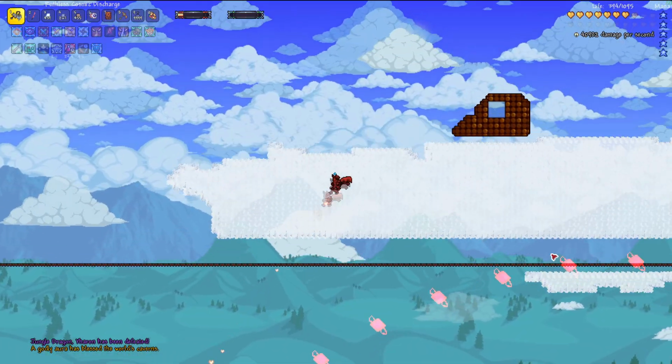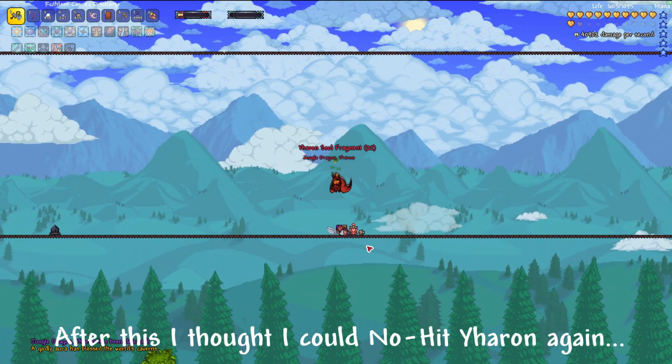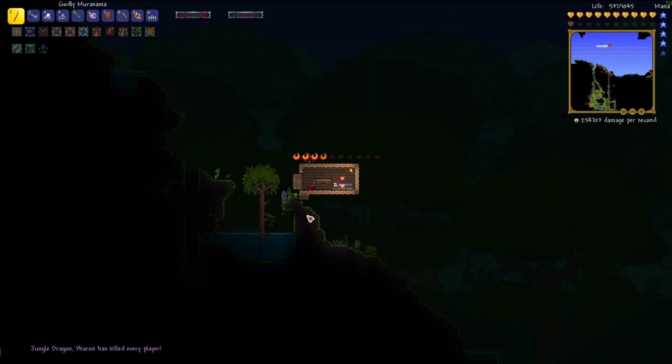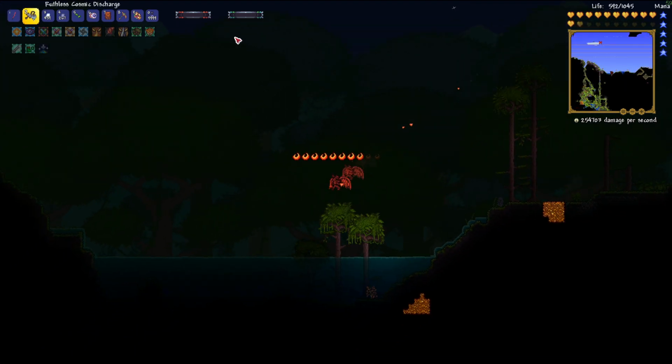Just let that sink in. We just did it that easily, which is absolutely incredible. But that was way too easy for my liking. On second thoughts, guys, I think that's physically impossible because technically speaking, the cosmic discharge is the only weapon I